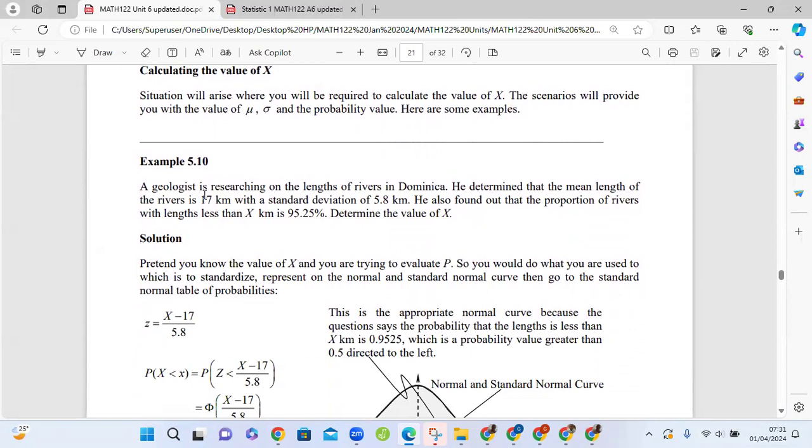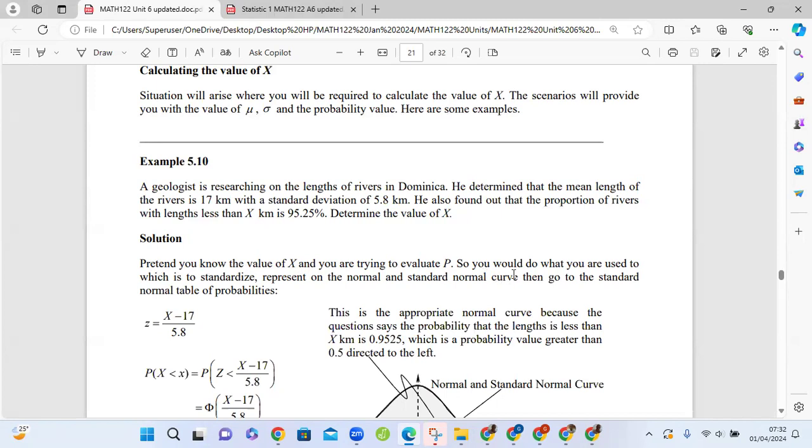So it says a geologist is researching the lengths of rivers in Dominica. He determined that the mean length of the rivers in Dominica is 17 kilometers with a standard deviation of 5.8 kilometers. He also found out that the proportion of rivers with a length less than x kilometers is 95.25%. Determine the value of x. Okay, so it says that to begin the question, pretend you know the value of x and you are trying to find the value of P. So you would